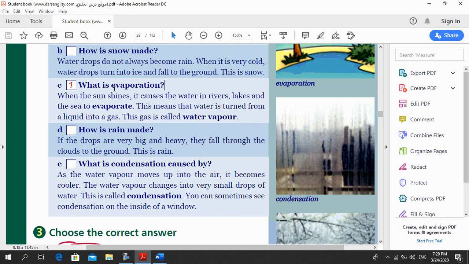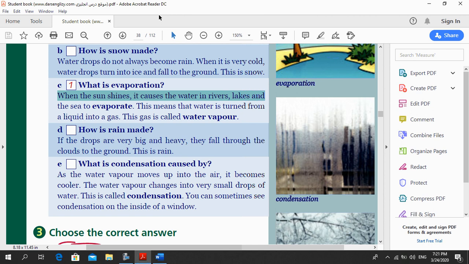What is evaporation and condensation? This is very important, and I'm sure you studied this in science, or you will study it, I'm not sure. Evaporation, when the water evaporates, it disappears. It turns into gas, from a liquid to gas, becomes a water vapor. Why? Because of the heat. Maybe the heat is from the sun, for example. Like when you're making tea. When you boil the water, you will see that the water vapor will come up out of the kettle.